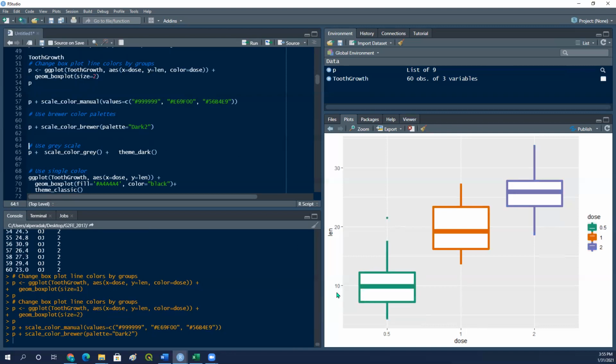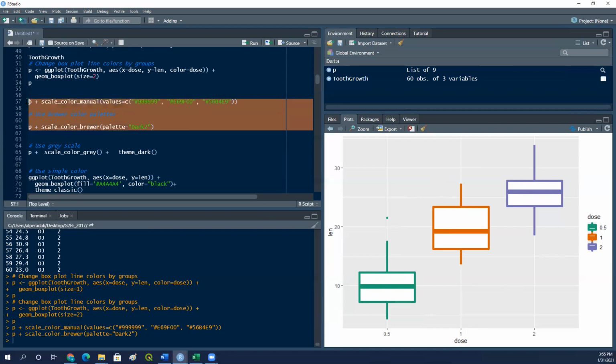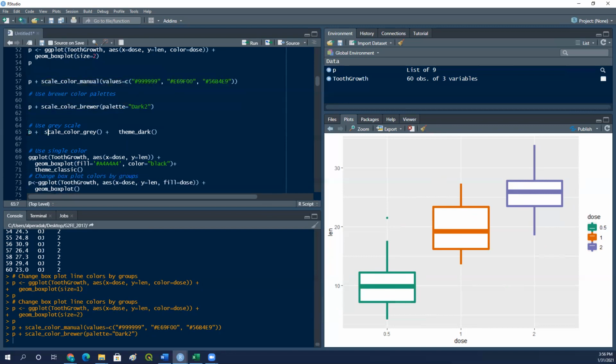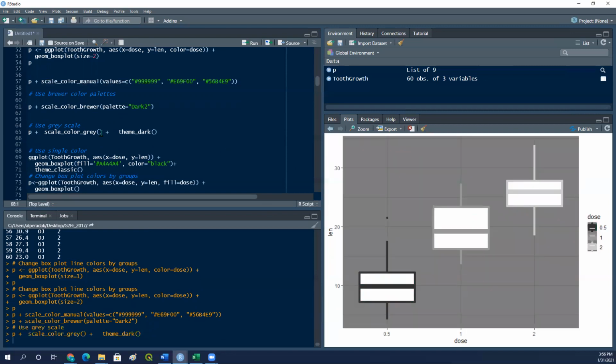For instance, the first 3 color combination of dark tree is this one or this one. So you can set manually, or you can use a color palette. I just would like to show these 2 ways to you. Or you can use, of course, a theme to change the background color. Like you can say theme dark, for instance, and you can use